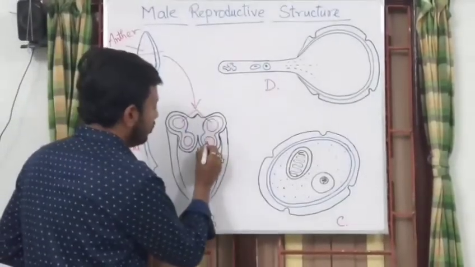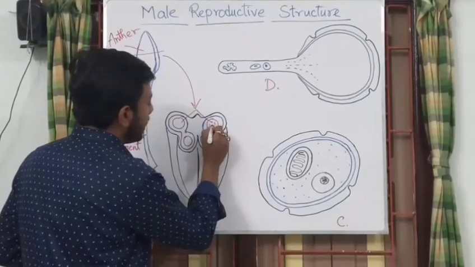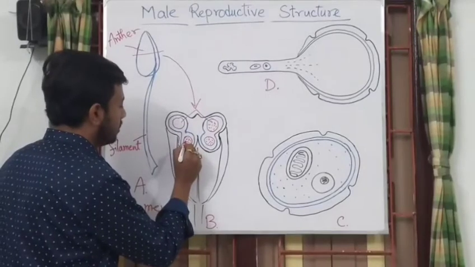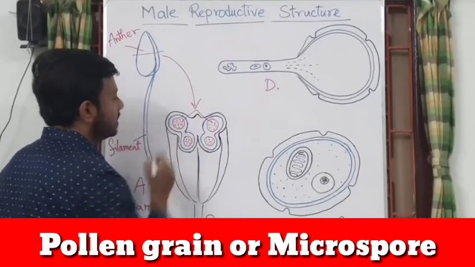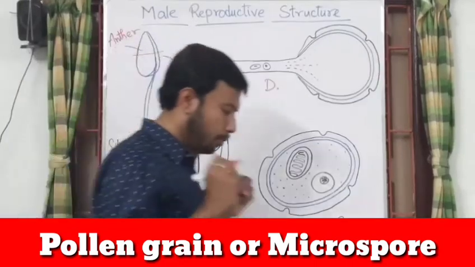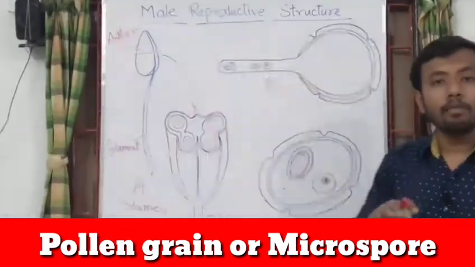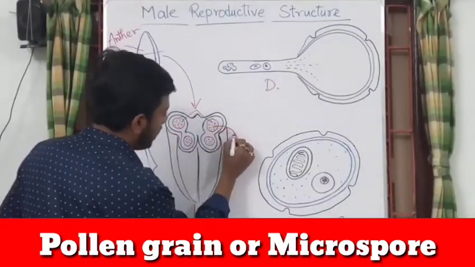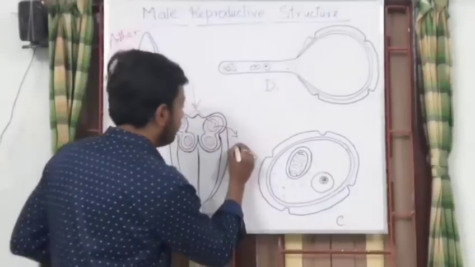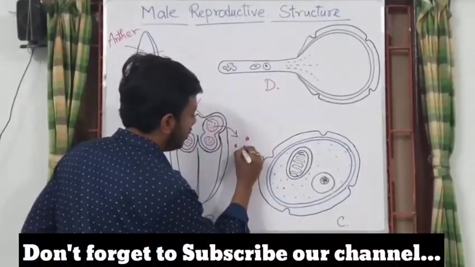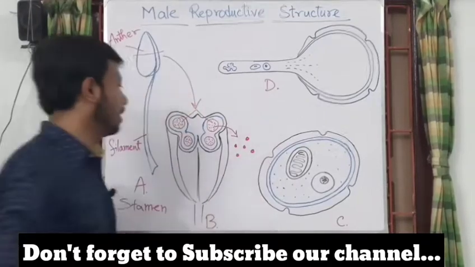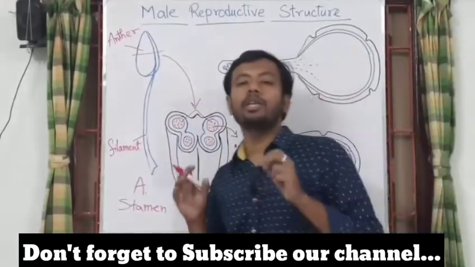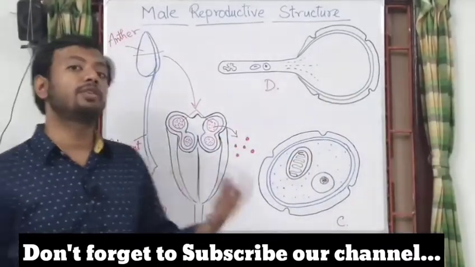Now we have already come to know that pollen sacs or microsporangia house the developing pollen grains. So these are the pollen grains present inside the pollen sac. Whenever this pollen grain becomes matured, it will come out of this anther lobe. So a mature pollen grain will come out of the anther and it will fall on the stigma. So these are the mature pollen grains. Prior to moving on to the development of pollen grain on the stigma, we need to know about the structural details of a matured pollen grain.